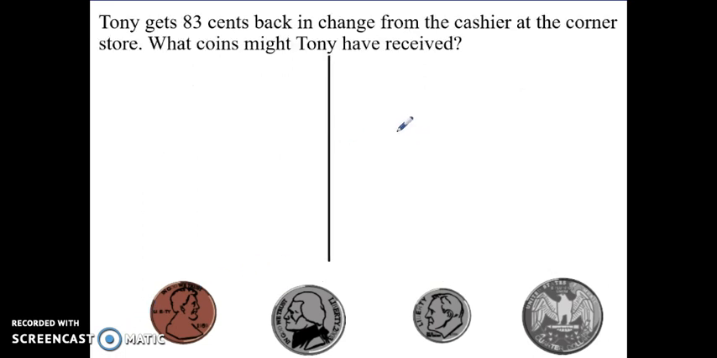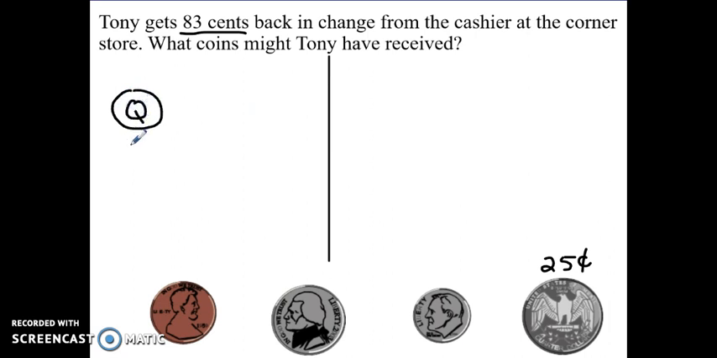Let's take a look at a word problem now. It says Tony gets 83 cents back in change from the cashier at the corner store. What coins might Tony have received? So they want us to show 83 cents. I'm going to start by using my largest coin. So I can start by using a quarter because it's 25 cents and I need to get up to 83 cents. So if I use 1 quarter,